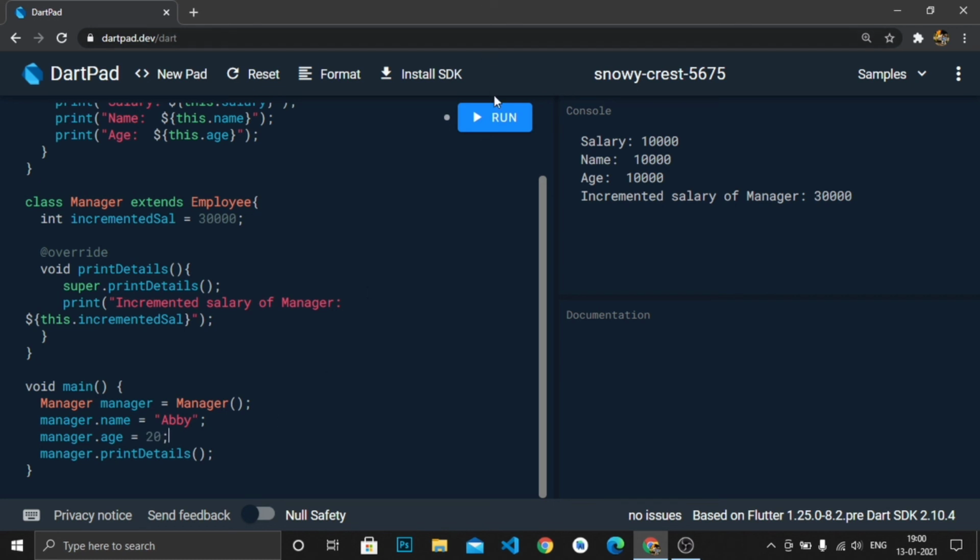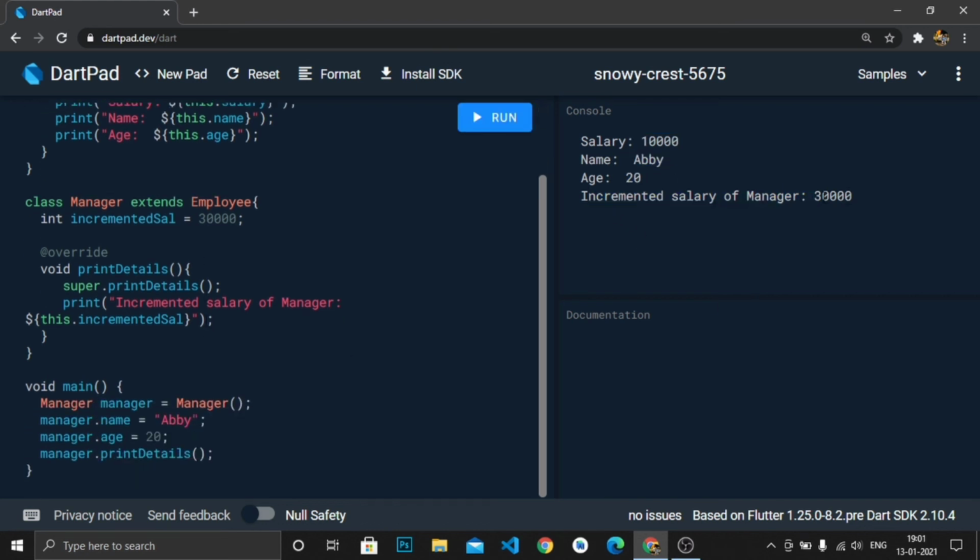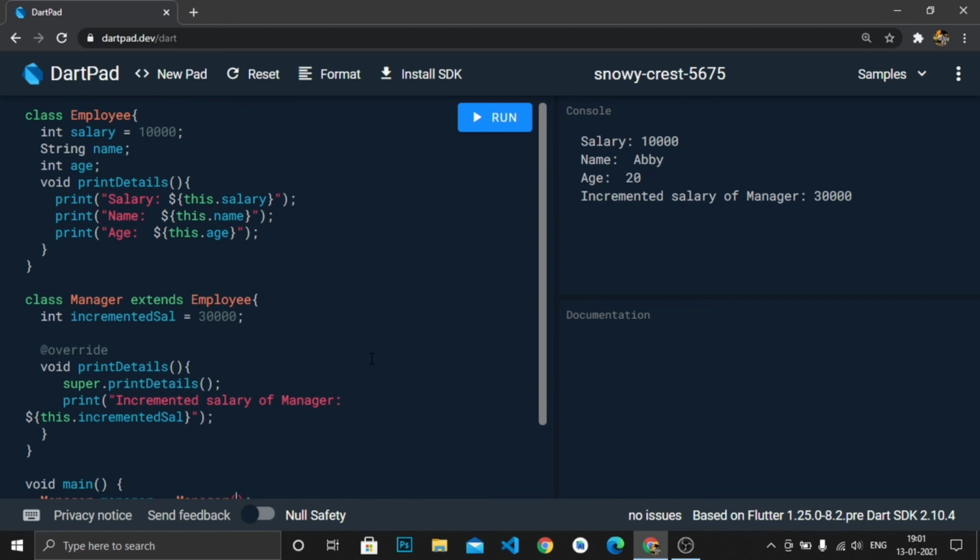Okay, and if we run the code now, you can see here 10,000, Abby, 20, and the incremented salary is 30,000. So I hope you have understood the concept of polymorphism.